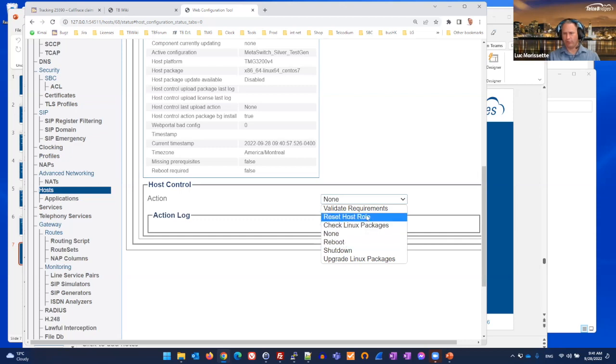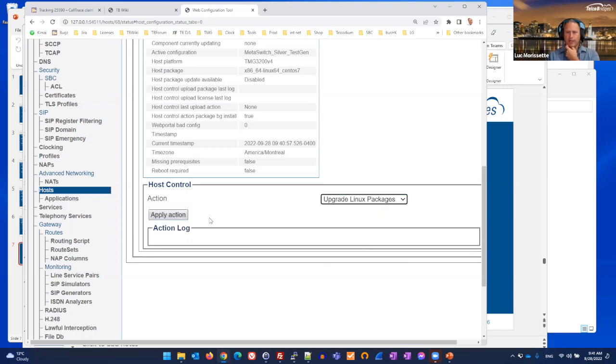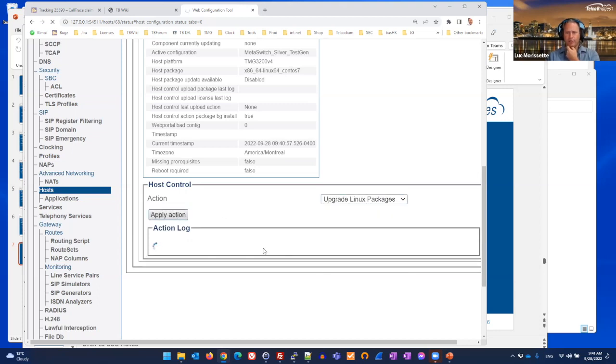Here is reset host role. If this system is standalone, but later you want to add a plus one unit, you may want to put it in a 1+1 role. Then you need to go here, reset host role. Then you can choose: now I want to be a primary of a system or a secondary of a system. And the last one I want to show here is upgrade Linux packages. If you click on this and you do apply action, it will